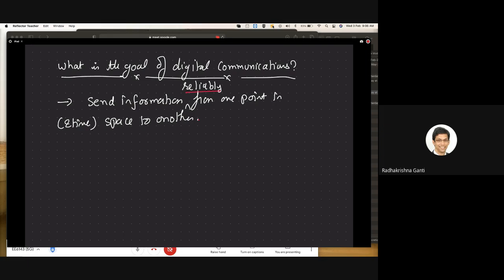What I'm going to do now is draw a very, very high level block diagram of what is going to be there in a communication system. This block diagram comes from the seminal work of Dr. Shannon. I hope most of you know who Shannon is. Most of you must have heard of Shannon's theorem. This block diagram has a lot of deep meaning to it, so I'm just going to draw that and then let's discuss from that point.